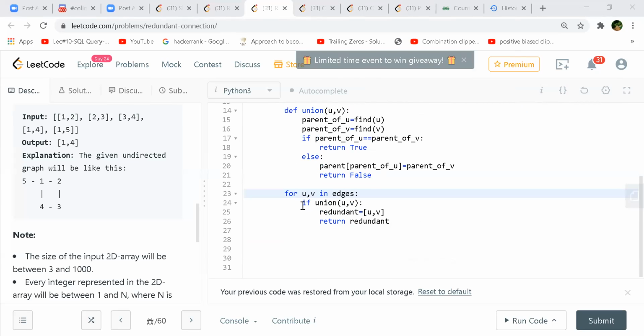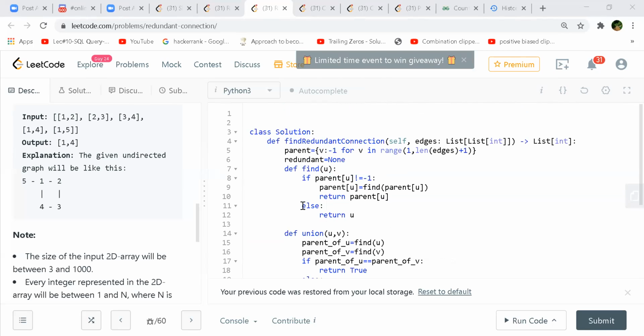In the graph, we always start with all the nodes as single components, and then we start adding edges between the nodes. If at any moment we know that adding that edge will form a cycle, this means that we don't have to add that edge. So this is why we just return the edge itself as the answer. So we are building the graph and checking for cycles simultaneously. But here we are not building the graph. We are just changing the pointers of the parent node, which is the main intent of the DSU.